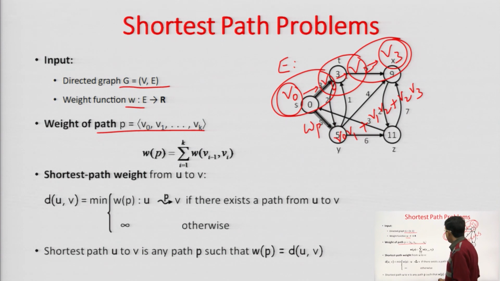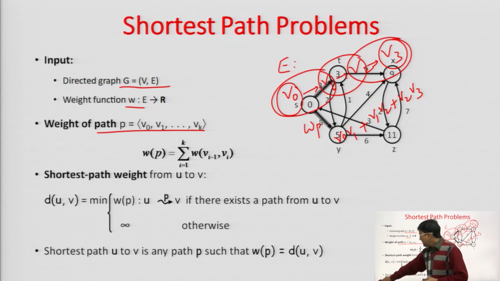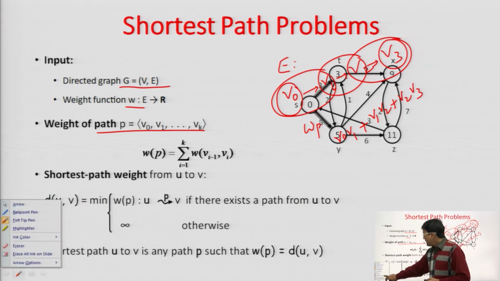What will be the shortest path? The shortest path would be the distance between the pair of stations, and that is minimum. In case the two vertices are approachable, it means we can reach one station from the other in some way or the other, then the minimum distance between the pair of stations would be the shortest path. And in the situation wherein we cannot reach from one station to the other, in such a case we will say that the distance between the pair of stations is infinite.